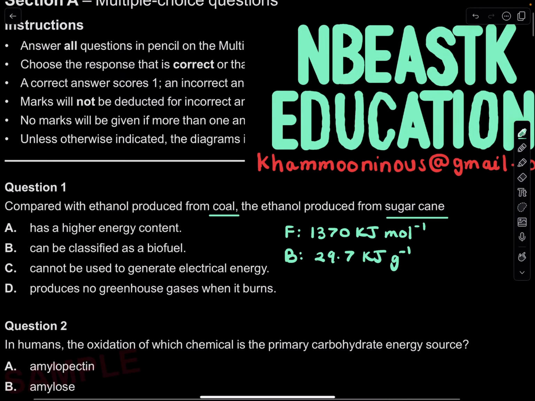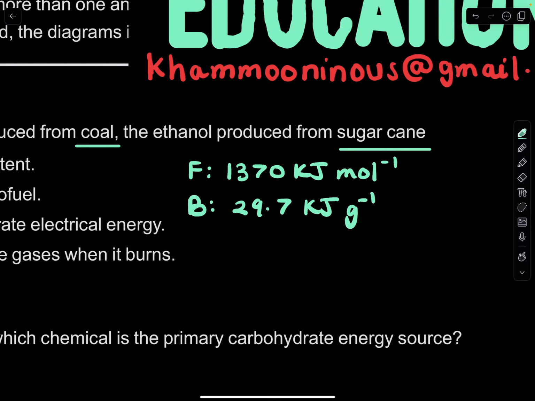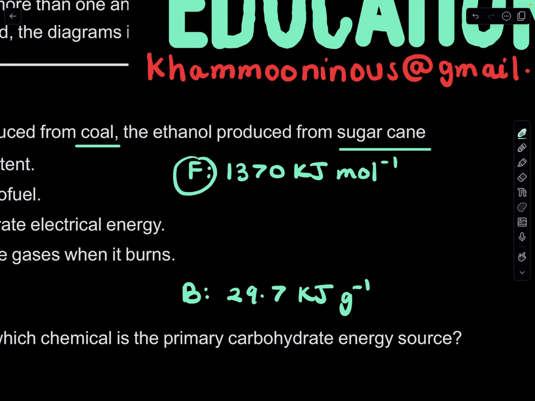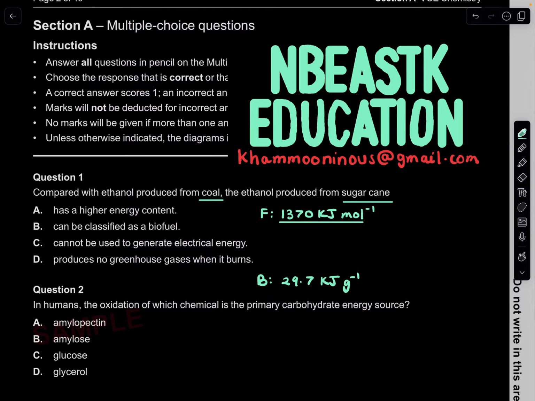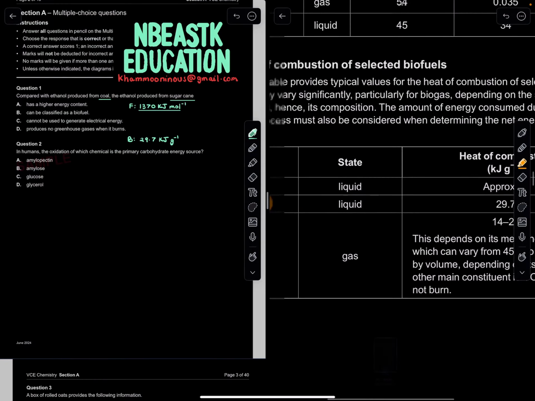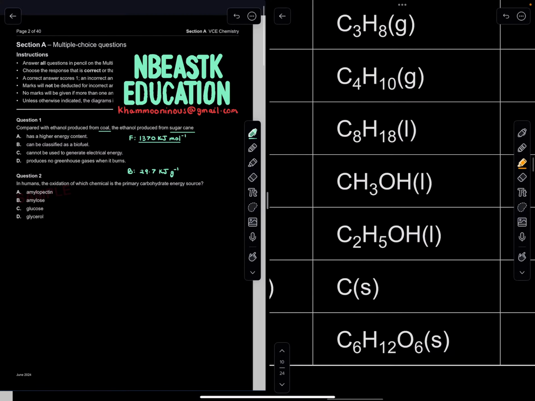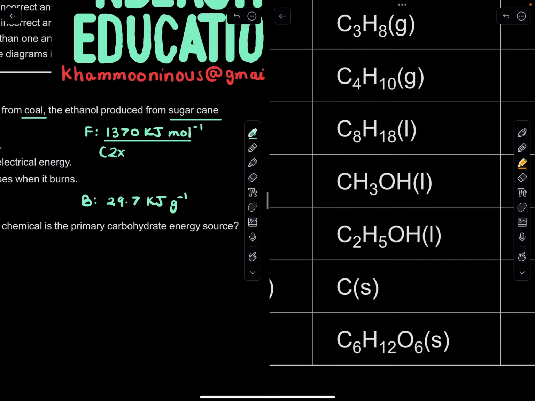All right. So let's try to compare these two. Do they have similar energy contents? Now, the big difference is one's in kilojoules per mole and the other one's kilojoules per gram. It's very easy to convert them to kilojoules per gram. One of the easiest ways is to convert this fossil fuel value into kilojoules per gram. You just divide this by its molar mass. Now, what's the molar mass of ethanol? I'm just going to double check its formula. Looking at this, we have 2 carbons, so 2 times 12,